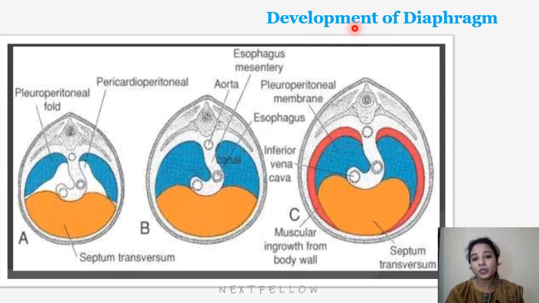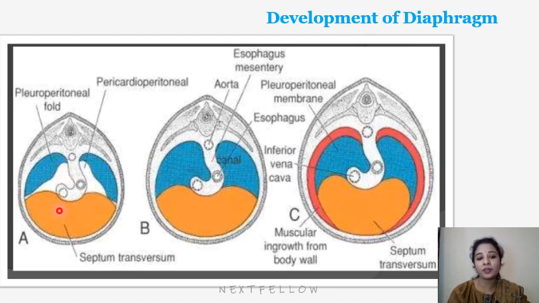The muscular component from the cervical myotome somites C3, C4, C5 forms the septum transversum. This explains why the diaphragm is innervated by the phrenic nerve, and it reaches through the fibrous pericardium, from which the pleuro-pericardial folds form. Then the septum transversum forms the central tendon of the diaphragm,